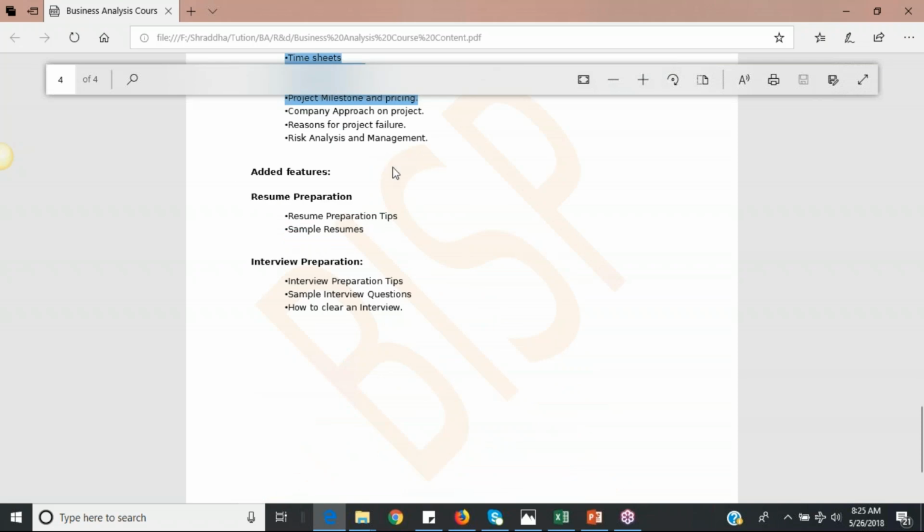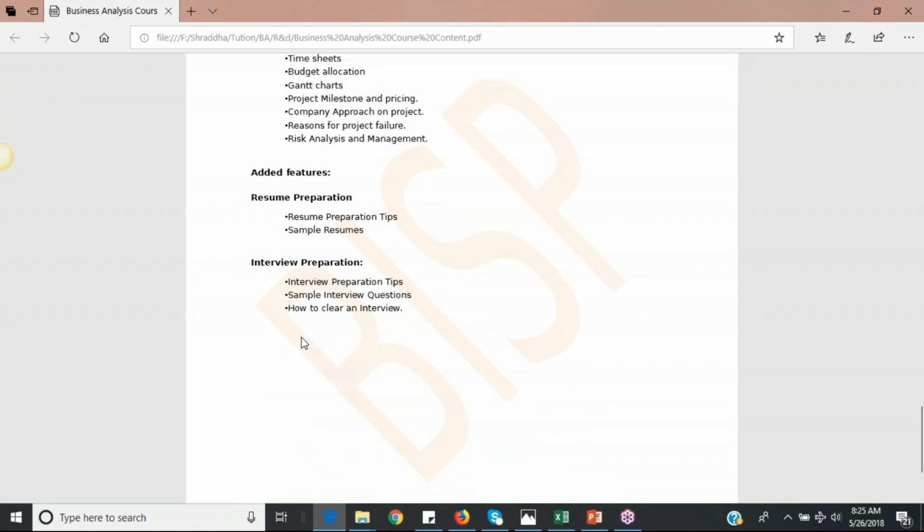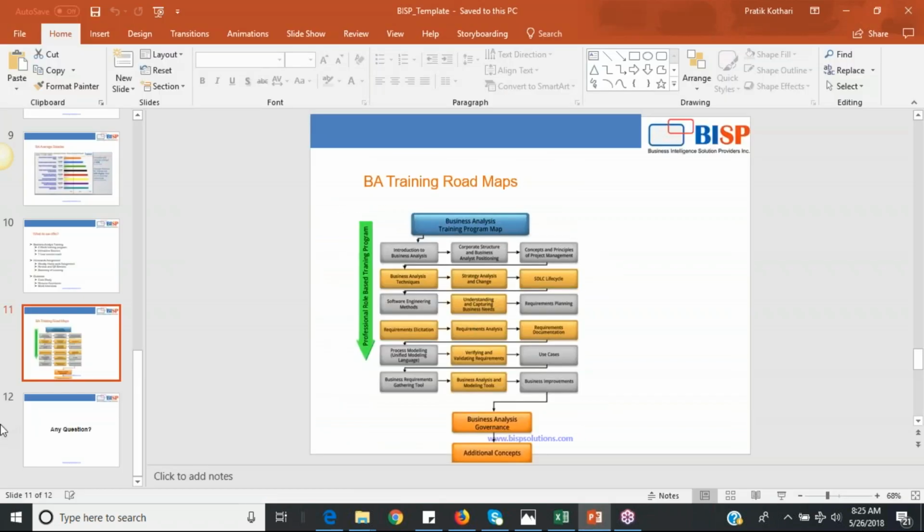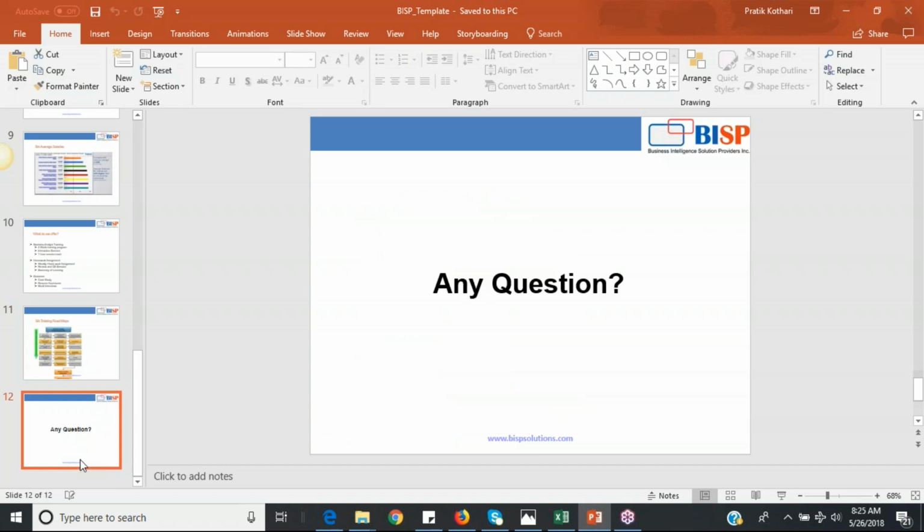And with the syllabus, additional features will be provided: resume and interview preparation. I will help you to do it so that it will be helpful to you. So that is the complete course outline. So if you guys have any questions,